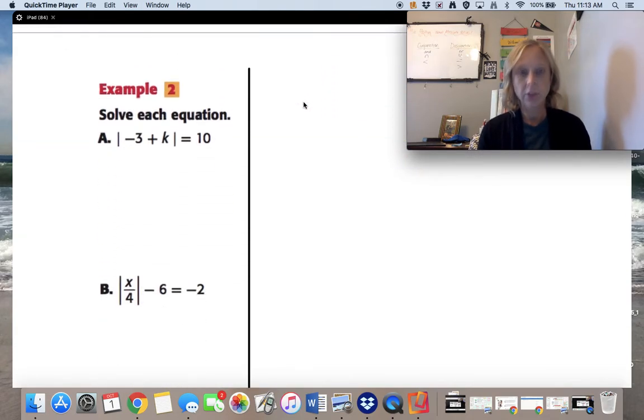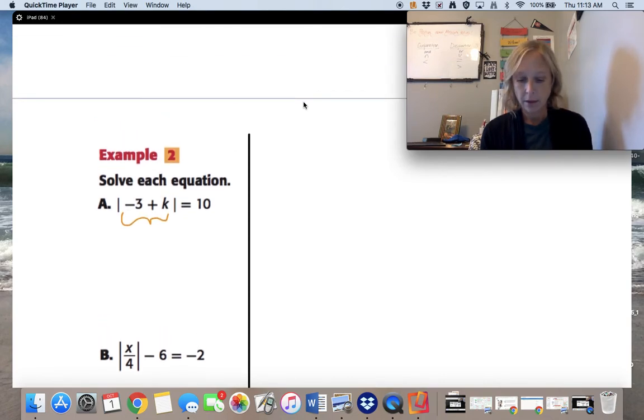Okay, so let's first start with some equations. In order to solve an absolute value equation, remember we just saw we have a disjunction. That whatever is in the absolute value symbol could be equal to +10 or -10. So we have to solve 2 different equations. Let's set that up. So we're going to solve -3 plus k is equal to 10,